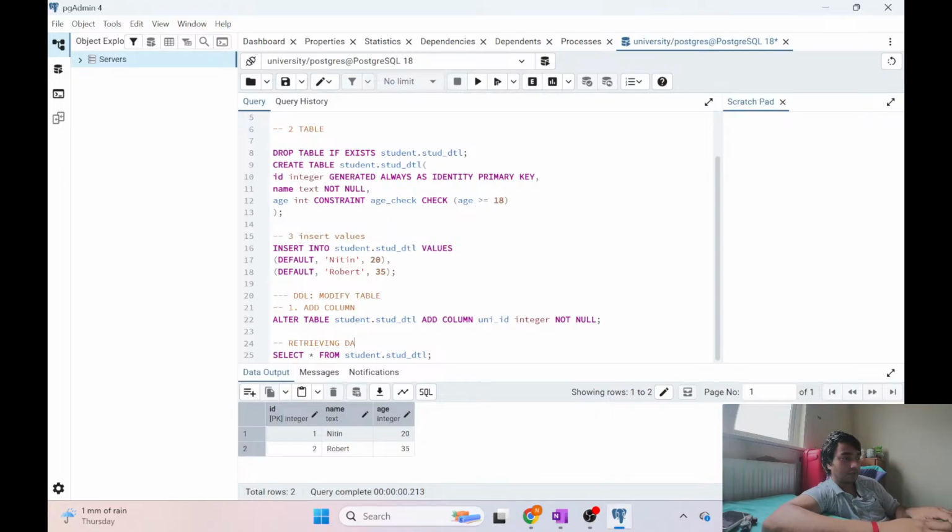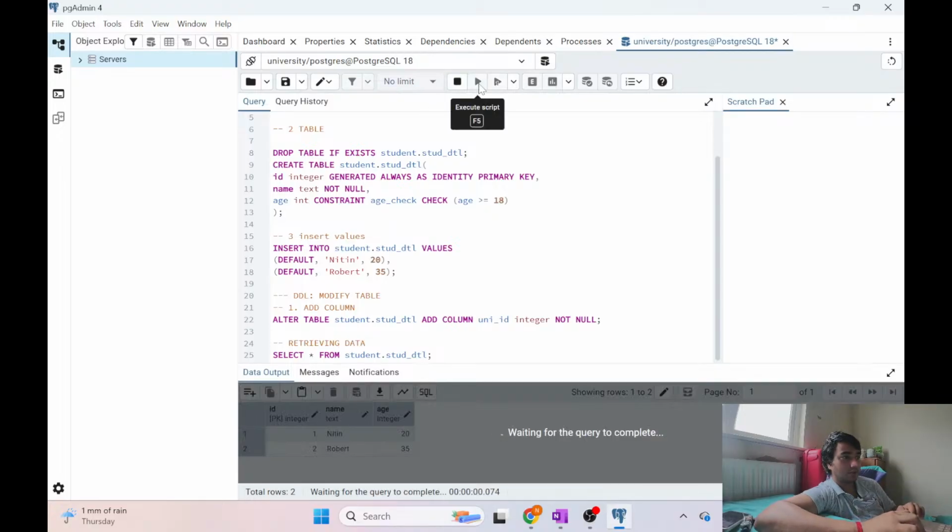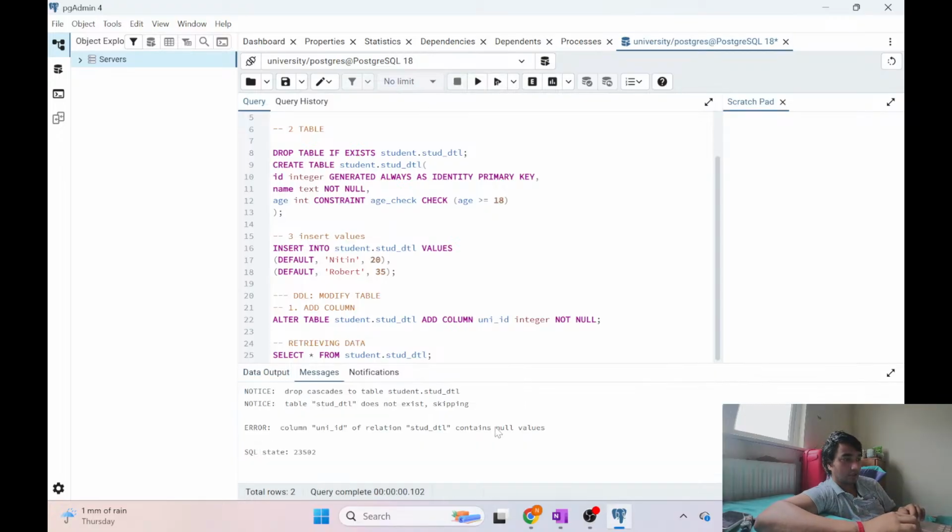Retrieving data. Let's run this. So the uni ID of the student relation contains a null value. See, it is null. It cannot be null, but for the time being, in this new table, I'm keeping it null,